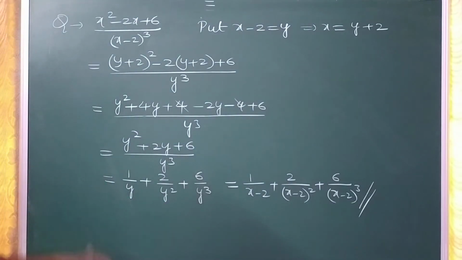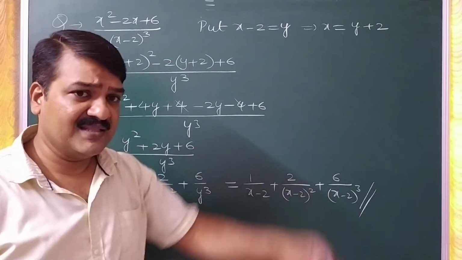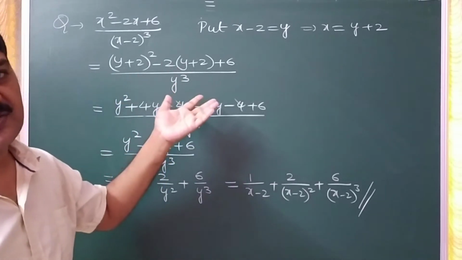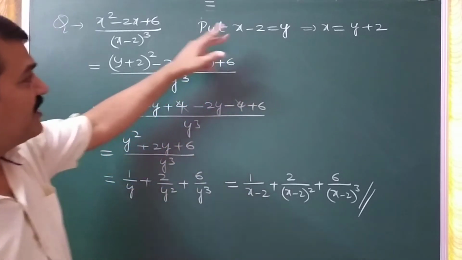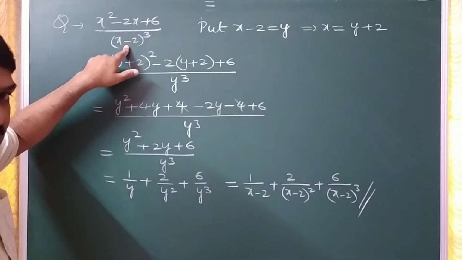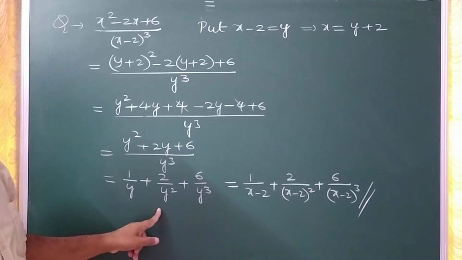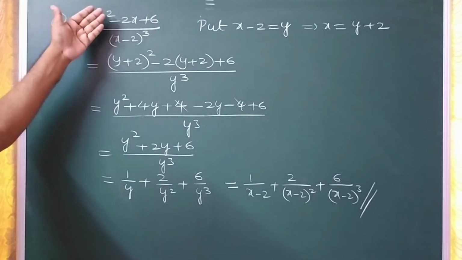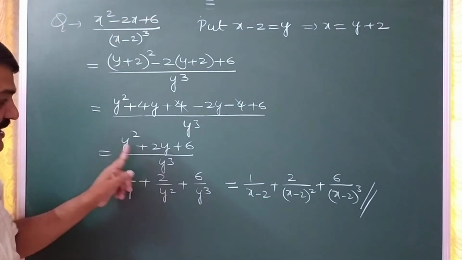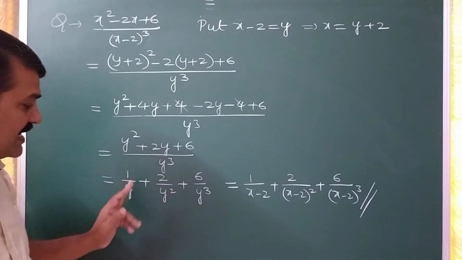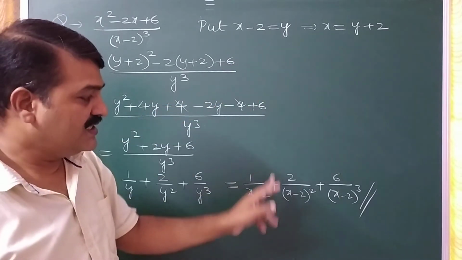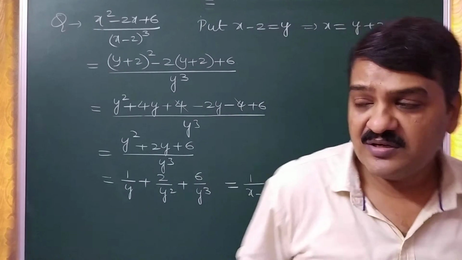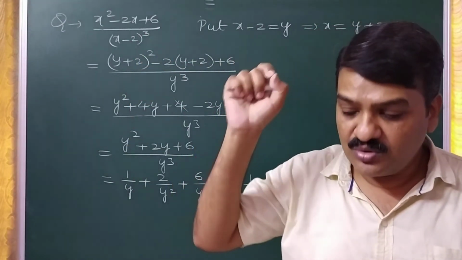So we are getting it very easily. If you take a by, b by, c by like this, the simplification will not be this easy. You would have to do 2 or 3 times more simplification. So whenever the denominator has a repeated factor only, you can do this process. That factor will be taken as y. From that calculate x, just substitute in the question, simplify, separate the denominator for every term like this. Then finally put back the value of y, and we get the partial fractions directly. So this is the simple technique which we use when the denominator has a repeated factor only.